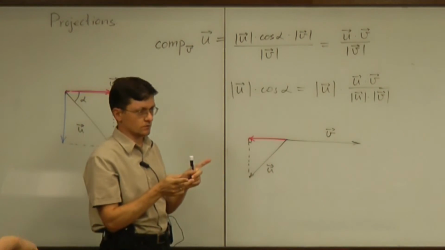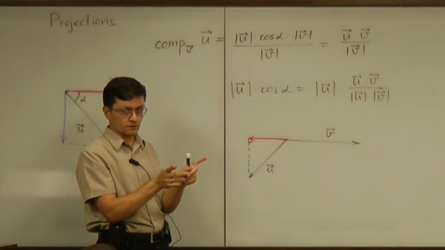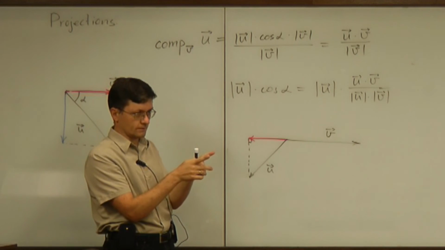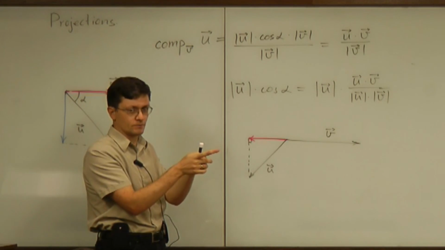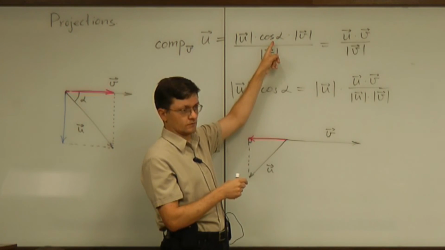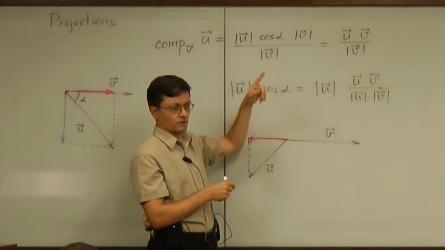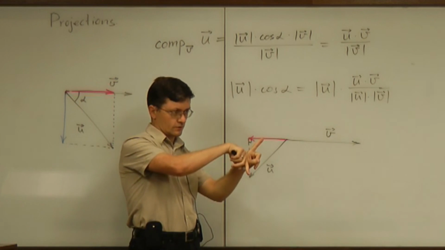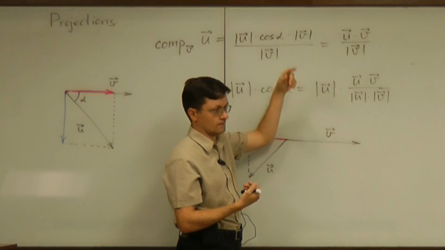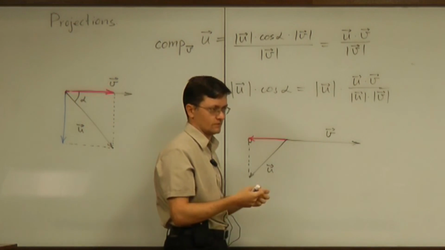The dot product is going to be 0 if the two vectors are perpendicular. The dot product is positive if the vectors are roughly looking in the same direction, if the angle between them is less than 90, making the cosine positive. And the dot product is negative if the vectors are looking roughly opposite directions, making the cosine negative. So that's what dot product tells you very quickly.